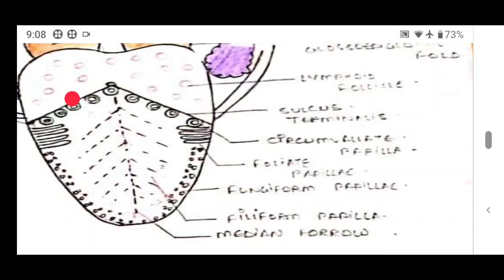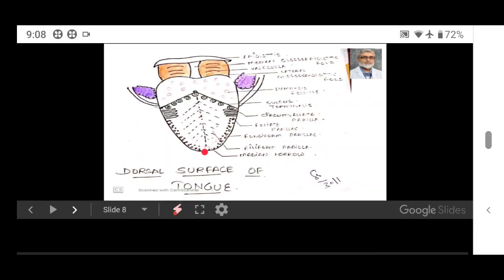After birth, it doesn't remain patent, it's obliterated. But in the condition when it remains patent, it makes a continuation tunnel, one tunnel in between the posterior part of the tongue to the thyroid gland. Due to patency of this duct, any secretion makes a swelling in front of the neck that is known as thyroglossal cyst.